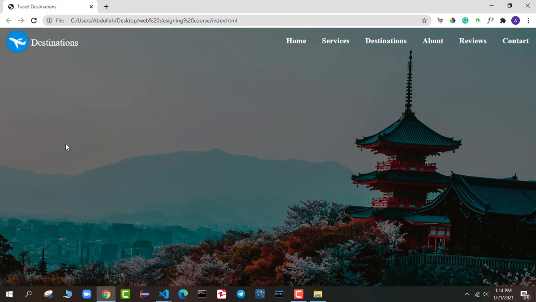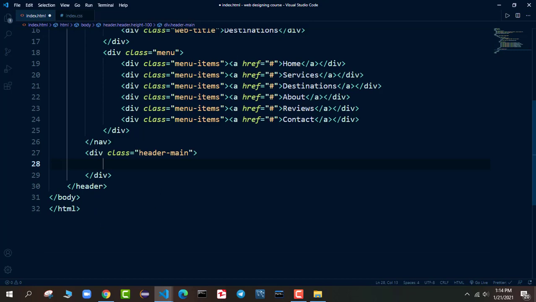Okay. Now we want some text and two buttons out there. So we say header main. After the header main, we have the title of the header. So we'll say dot header title. So in the header title, we have travel and explore the world.